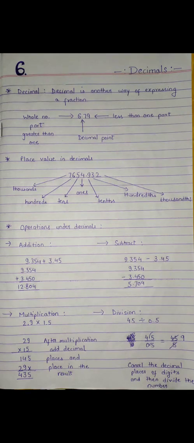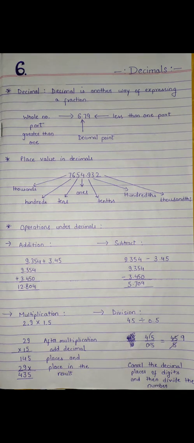As you can see on the screen, I have an example that is 7654.932. After the point, we will take name of every digit separately, that is 0.932, not 932. Never you are going to use it like that. So here 0.9 will be considered as tenths place digit, not tens. Tens is 5. And 3 will be considered as hundredths term. And 2 will be considered as thousandths term, not thousand term. There's a slight change in the pronunciation.